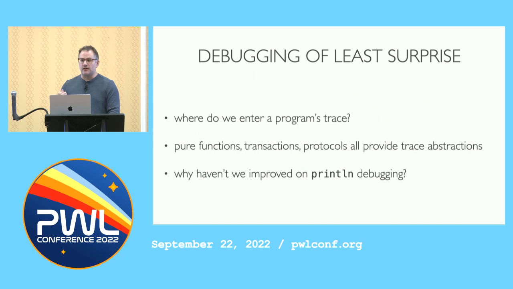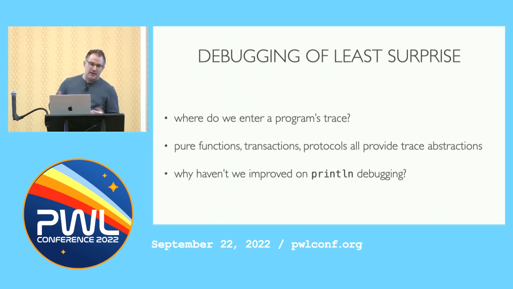Well, the answer is that we have created our own narrative arcs. A very important one is pure functions. This is what referential transparency means: we can replace the invocation of a pure function with its return value. We can also do this for less pure functions. In general, if we call a service or read something from disk, as long as there's not an error, we can just focus on what was returned rather than all the things that went into doing it.